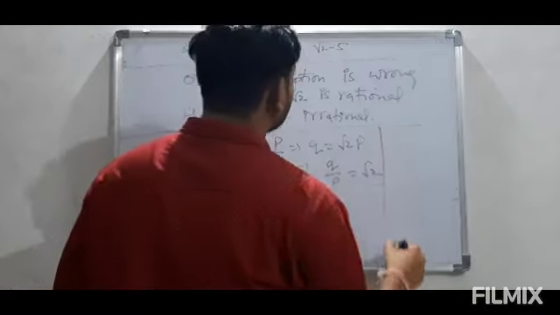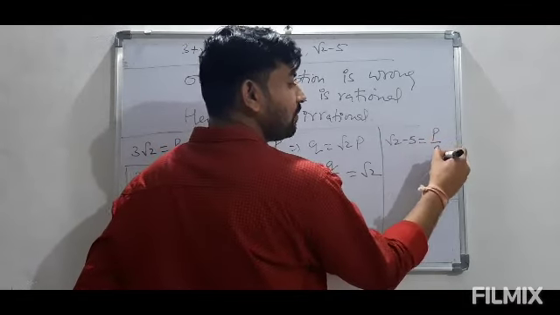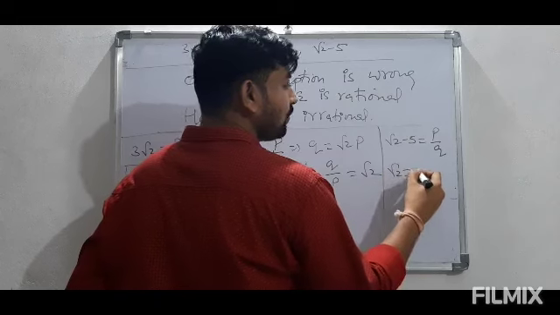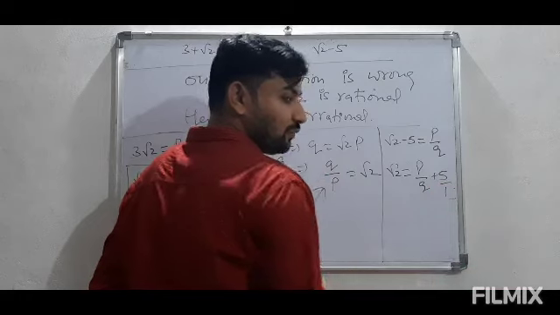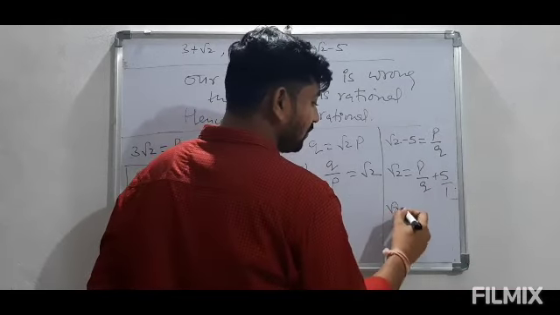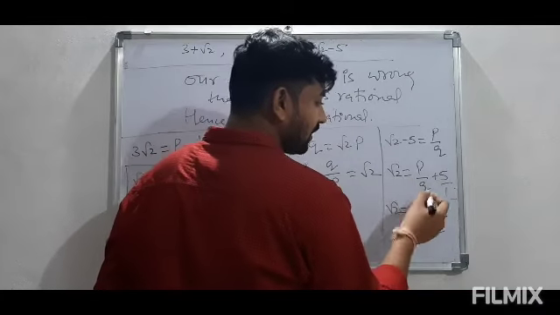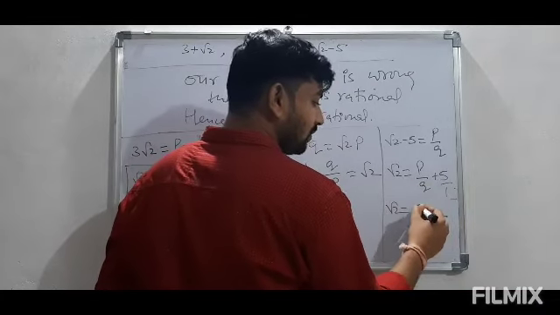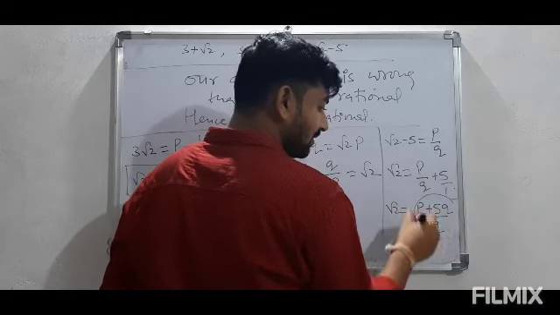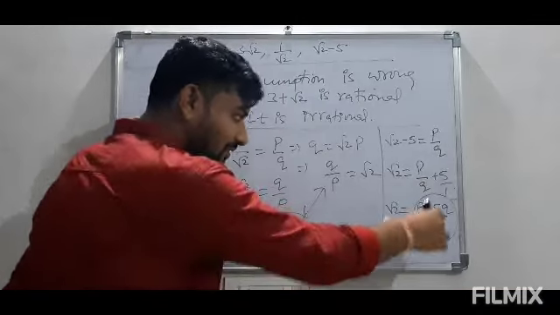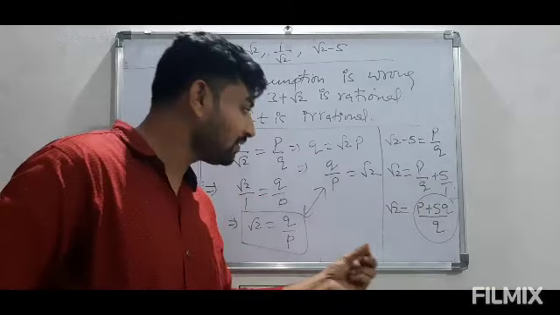And finally root 2 minus 5, this will be written as p by q. So from here root 2 will come out to be p by q plus 5. If we take 1, then root 2 is equal to, if we take LCM, q, cross multiply it, so q into 1 is q. So it is p plus, then q into 5 will be 5q. So again this result is a rational. So we are proving that root 2 is rational, but this fact is wrong.